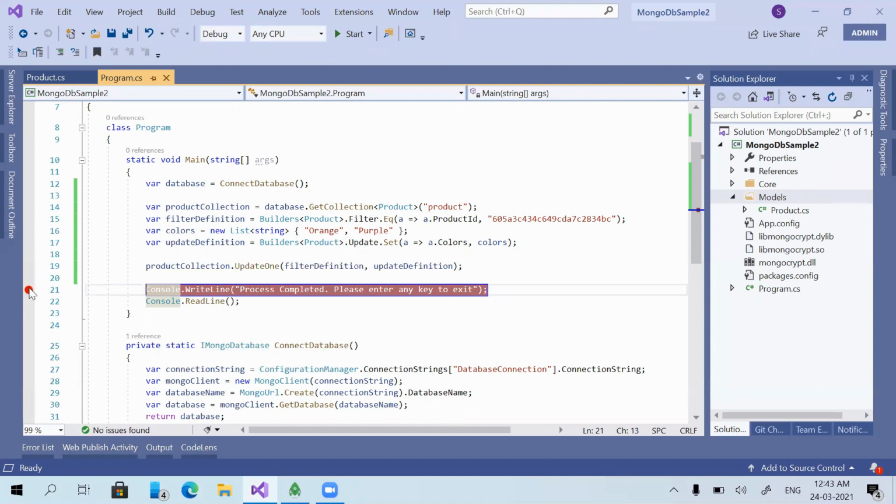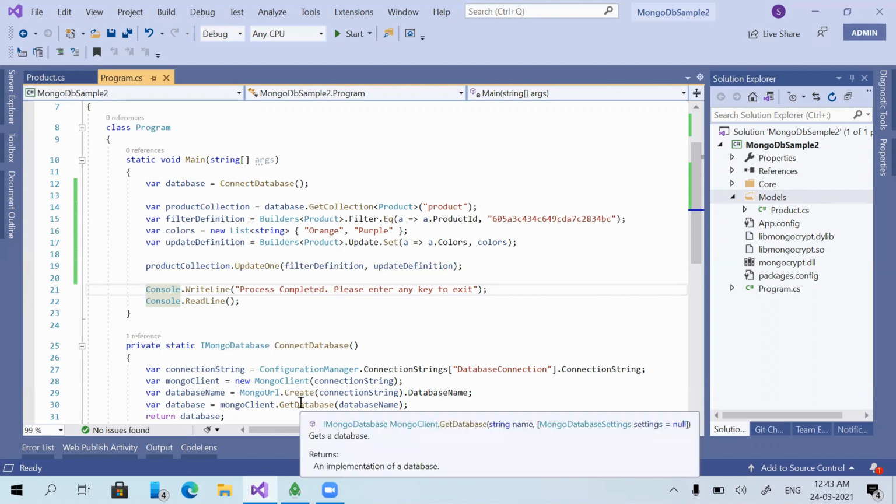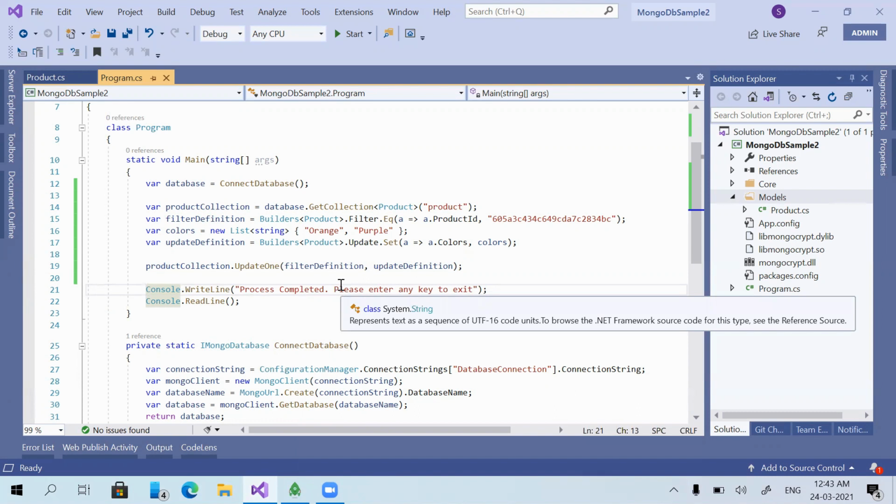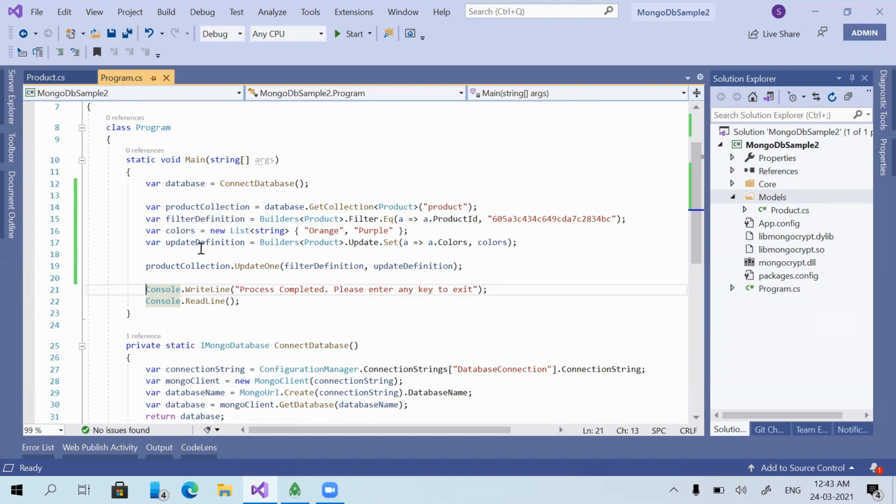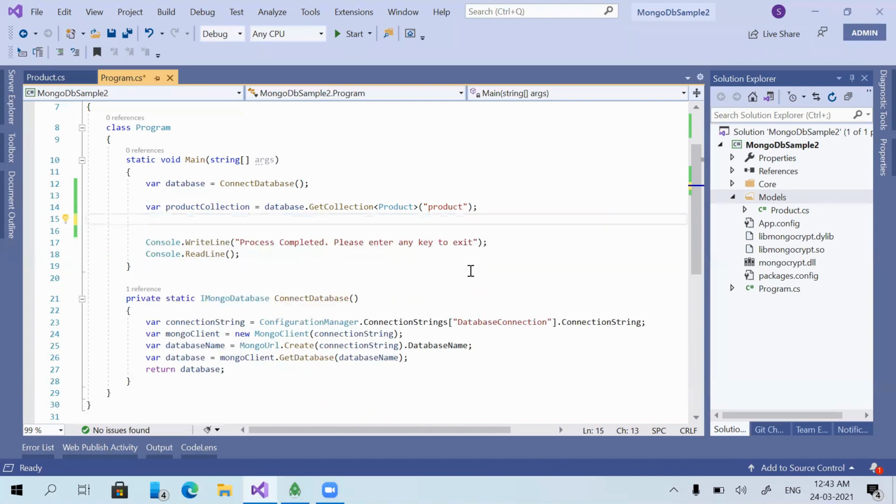Okay. Now we are going to see how we can use the Unwind function. What is an Unwind function and how can we use it? That is what we are going to see now. I'm removing all these things. So here, in the product class file,